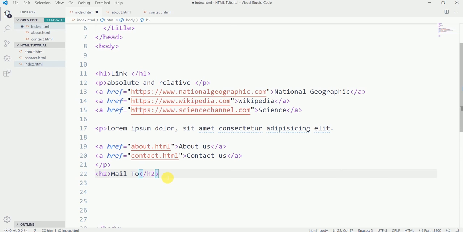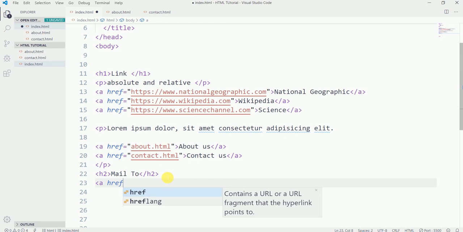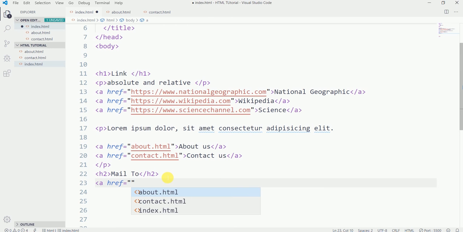Now what is this mail to link? Let's learn about it. The syntax is the same: anchor tag, then href, and then within this href we use